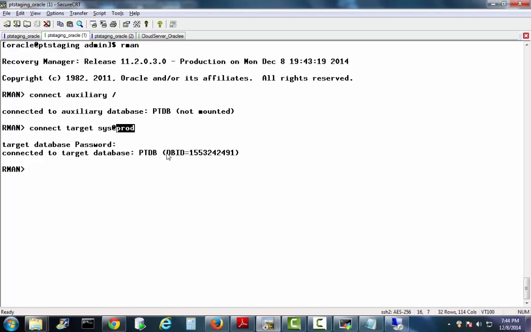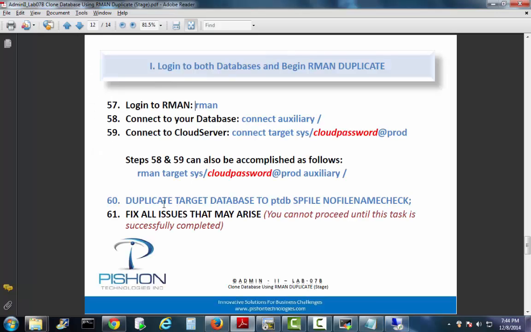Okay, so that database is open. So using RMAN, we have connected to two databases at the same time, two environments. This is the PTDB not mounted. This is the production database right there. So now we are going to issue this command: